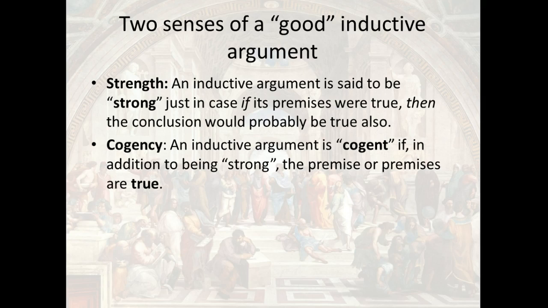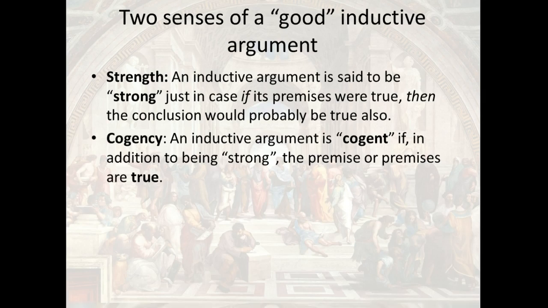So remember the previous example, where I talked about it actually snowing. My example in the previous one was it snowed in late June for the last 50 years in Mississippi, right? Well, that's not true, so that wasn't cogent. This is cogent. It is very rarely, if ever, snowed in late June in Mississippi. True. Therefore, it's very unlikely that it will snow in Mississippi in late June of this year, right? So that's probably a strong argument, and I believe it's definitely cogent, unless you can show me that I'm wrong, that it snows in Mississippi in late June.